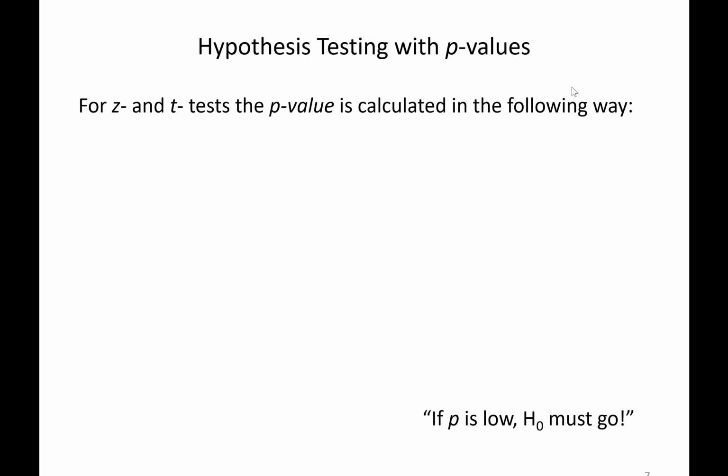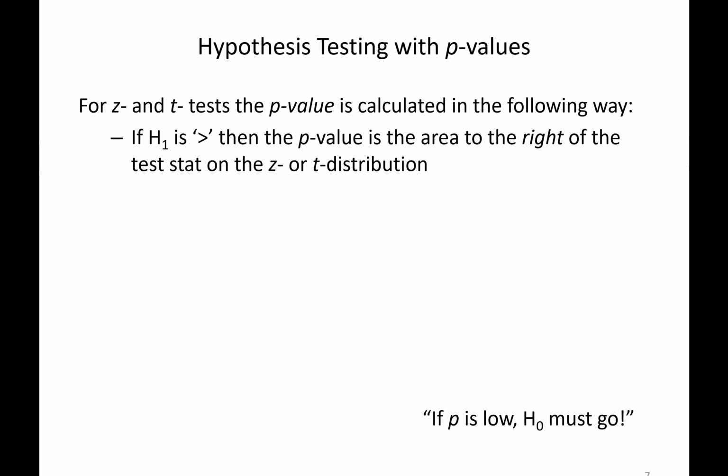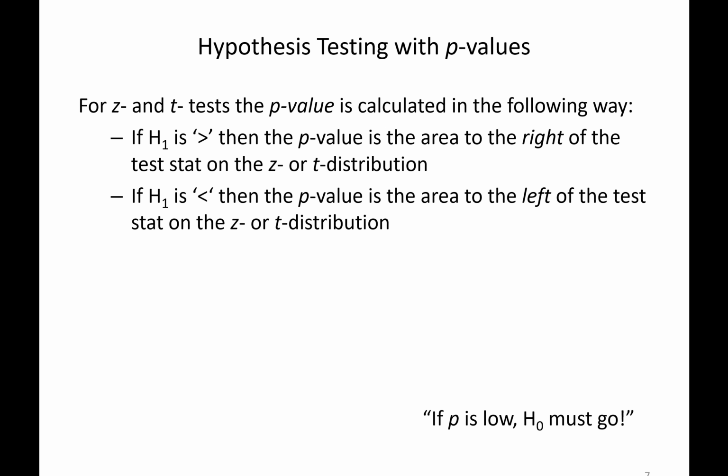In the previous example, we did a left tail test, but we need to figure out what a p-value means in terms of a right-tailed test. So if h1 is a greater than, then the p-value is not the area to the left, but it's the area to the right of the test statistic in the z or the t distribution. If h1 is a less than test, then the p-value is the area to the left, as in the example